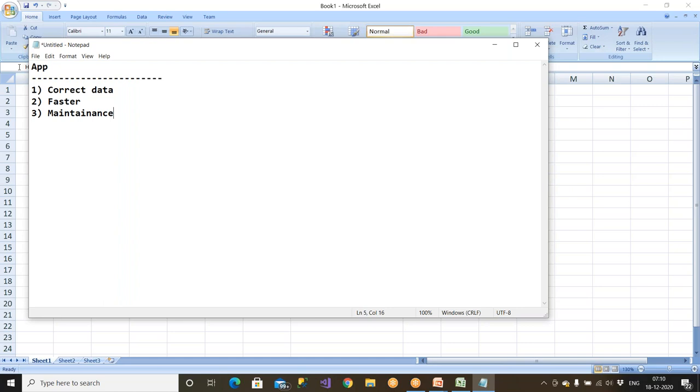And the application should be faster. It has to always provide correct data. Whenever you develop any application, whether it is a Java, Android, .NET, or SAP application, it has to be maintenance free.